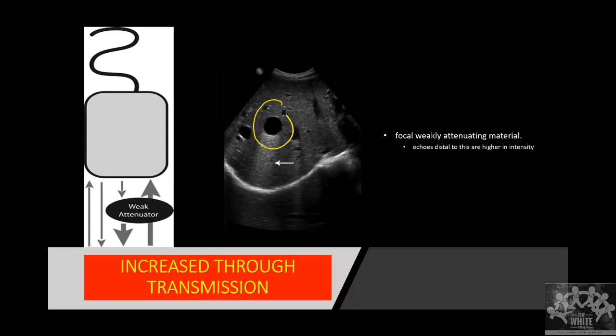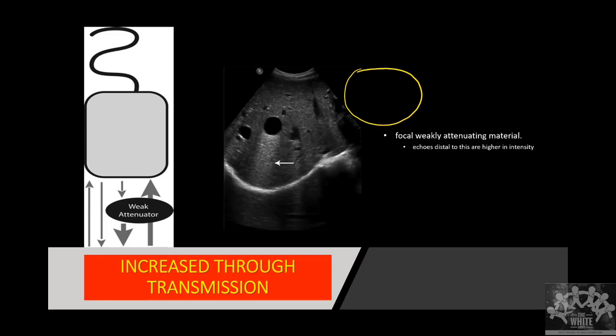So this structure is appearing blacker, and distal to it you are seeing some white structure. Why do you think it is brighter distal to it? So you tell me, if this is a cyst,